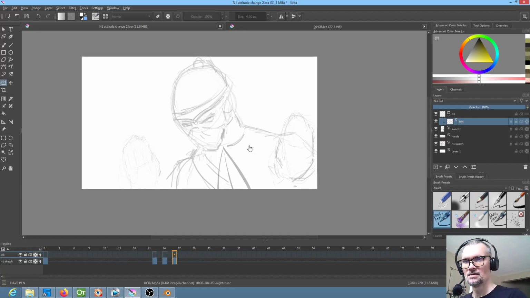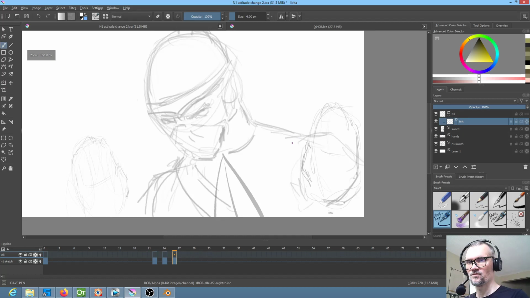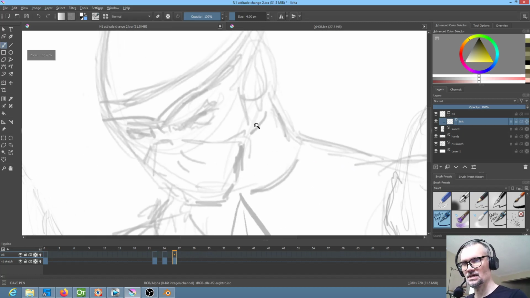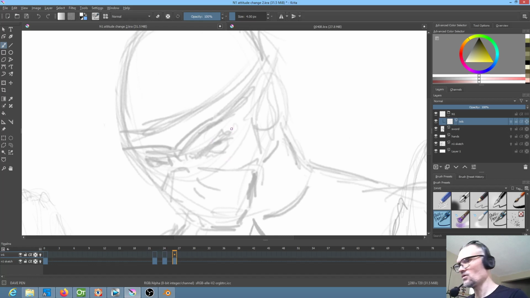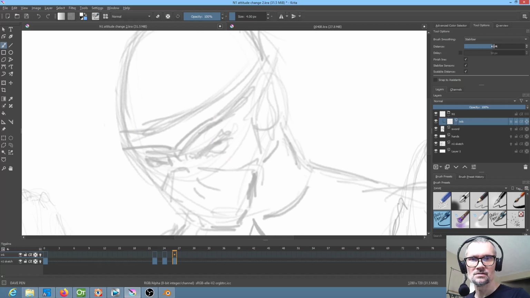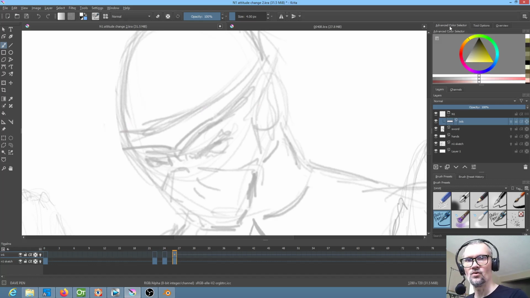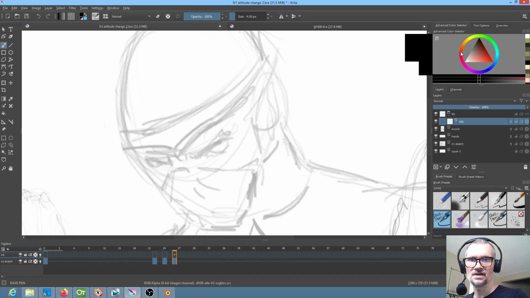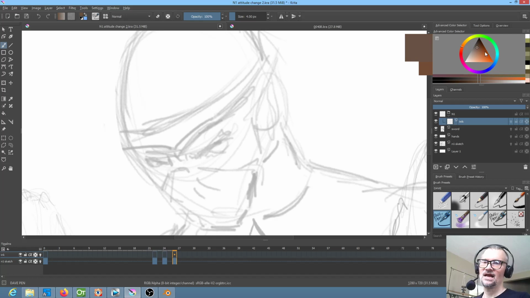So now I'm going to take the old Dave pen and get busy here. Okay, do I want smoothing or not? I think yes. Let me check my options here. I'm going to give it a little more distance. Let me see how that feels. It'd be wonderful if it was the correct color. Now for the Ninja, I think what I'll do is go over here into the rust range and then come out about a third of the way or so, that seems to be, I always wind up